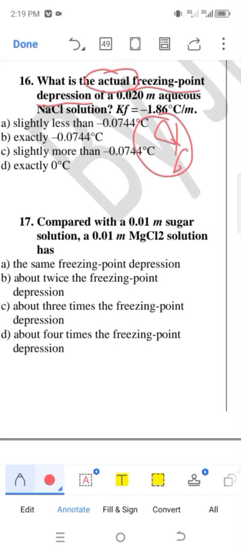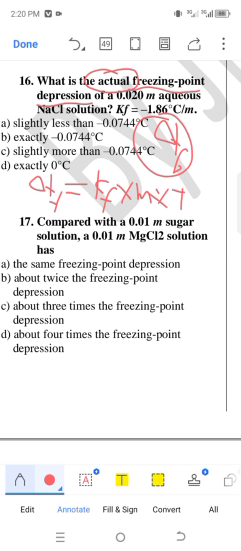So how to calculate the delta Tf? Of course, delta Tf is equal to the Kf multiplied by the molality, and multiplied by the ion factor